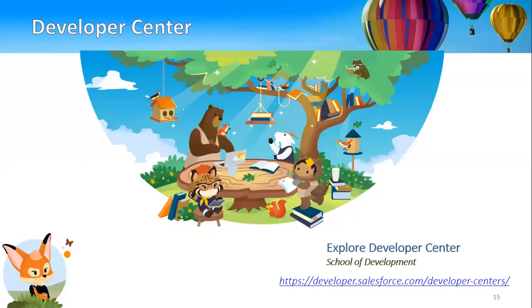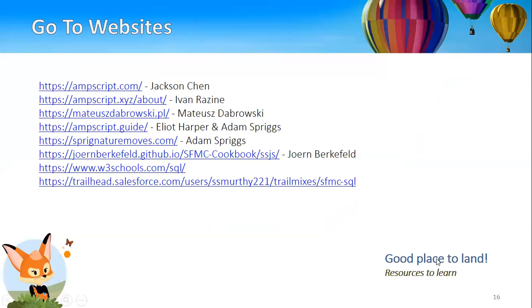So that is on the Developer Center. And some go-to websites, apart from the standard official websites from Salesforce, are some good websites which I personally like and which I have used for my learning. So I would also like you to go through these reference links and understand. These are created by our fellow Trailblazers, which is very useful. Even from the basics, they have given each and every detail on the topic.